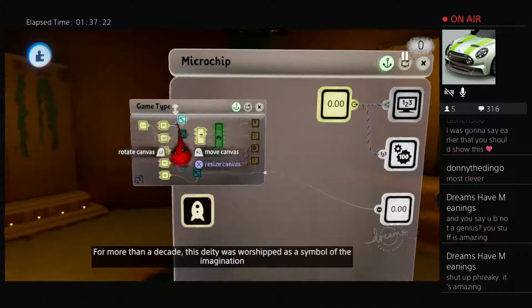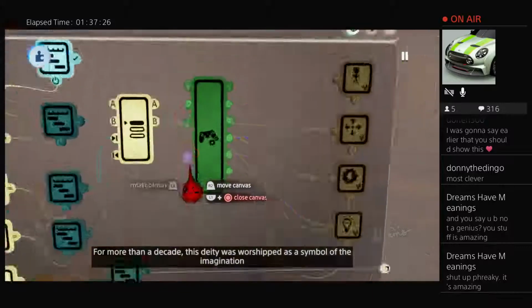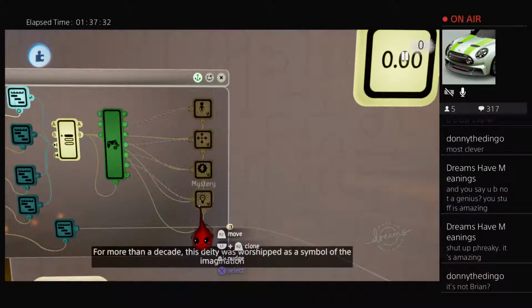So once that's then played, it then goes into a selector. And that selector then activates your controller, and it activates all of these. So if I let this play,